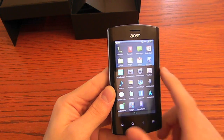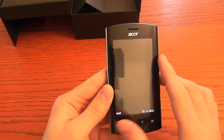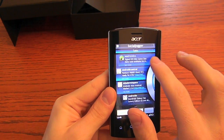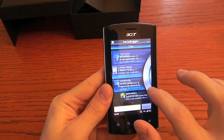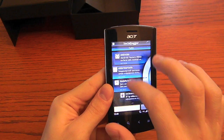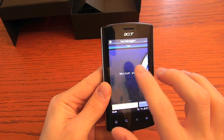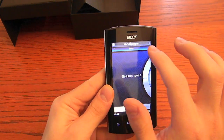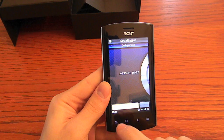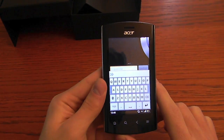The producer preloaded some. Let's take a look at them. You have Social Jogger, which is a social network aggregator. You can move with this round button, or you just slide on the screen. Unfortunately, we haven't set up a Facebook account, so you can see all the pictures and links. But if you want to update your status, you just press this edit box, and you will see the